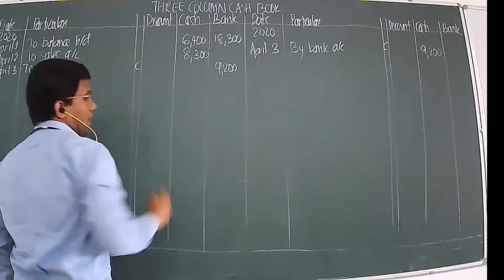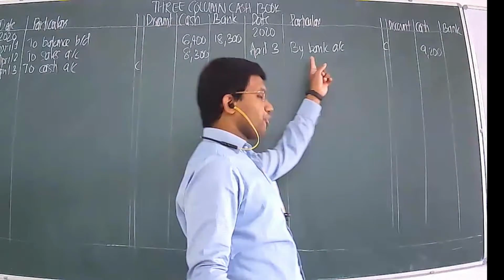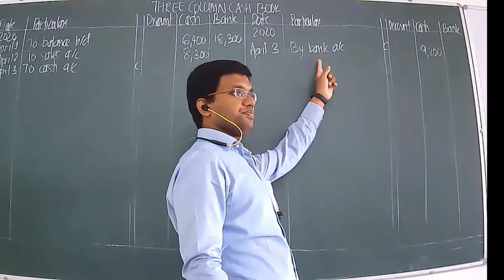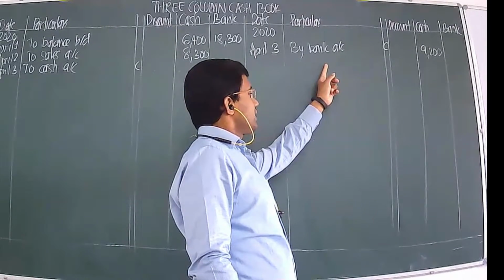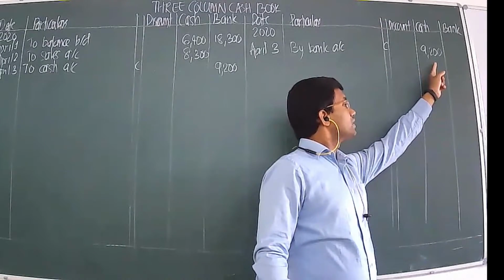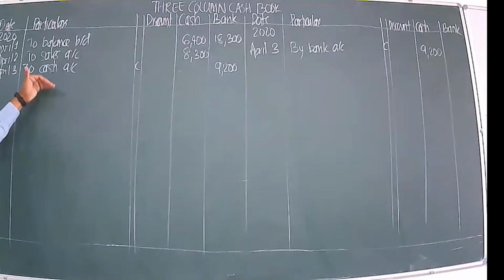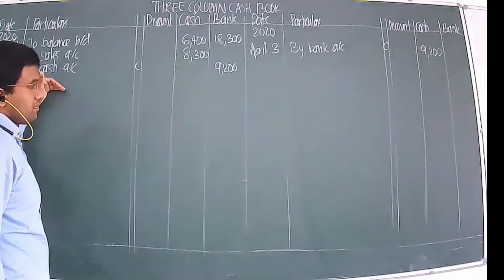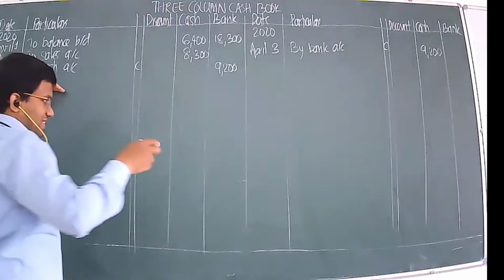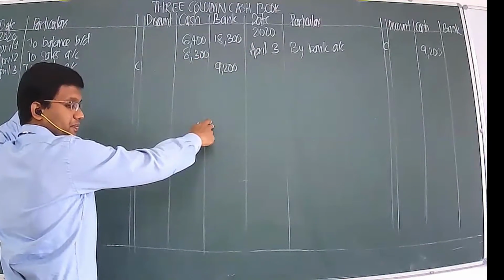Okay. So Divya, I'm just going to request you for one more thing. Can you please explain to us what these entries are? What is this entry for? Sir, we have paid the cash into the bank. So bank is the receiver, and we have paid the cash, so cash goes out. Very good. Can you explain this entry for us? Yes, sir, cash is going out. Okay, that is the credit side. Now debit side, can you please explain?